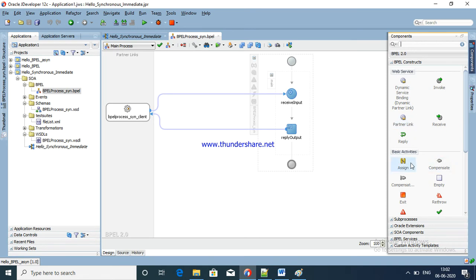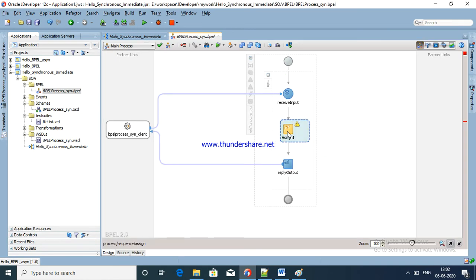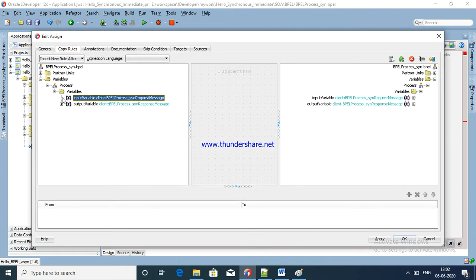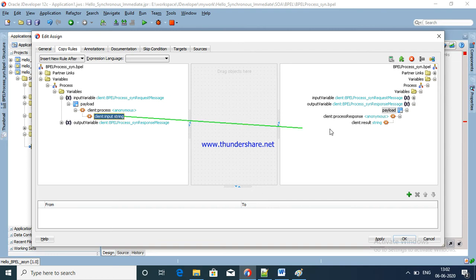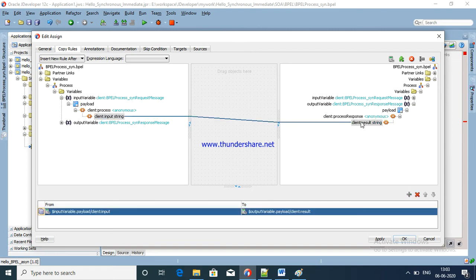Okay, now I am going to choose the assign activity. Now it is completed. This is my input, which I am going to pass. I am mapping input to output. Whatever I give as the input, I am going to get as output.